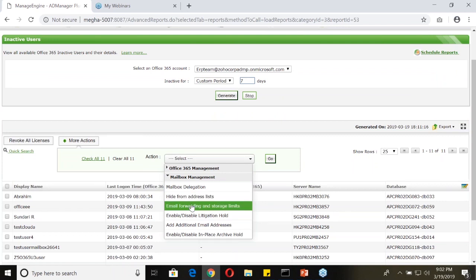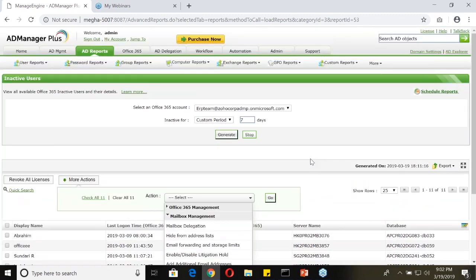Now I'll be taking you through a couple of really popular, and again, it's not exactly new, but some of our most recent and some of the most popular features of ADManager Plus. So this has got something to do with privileged access management. So under automation,